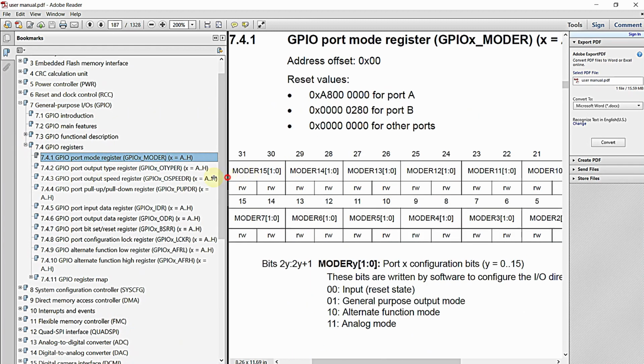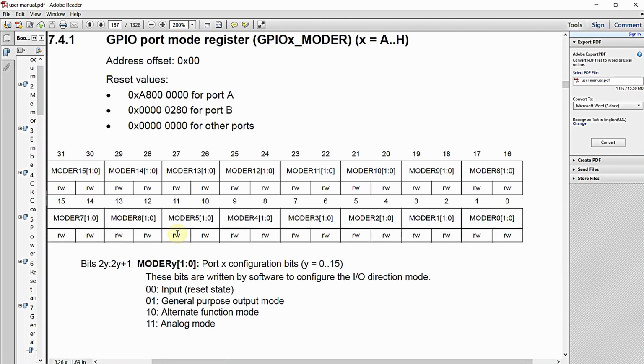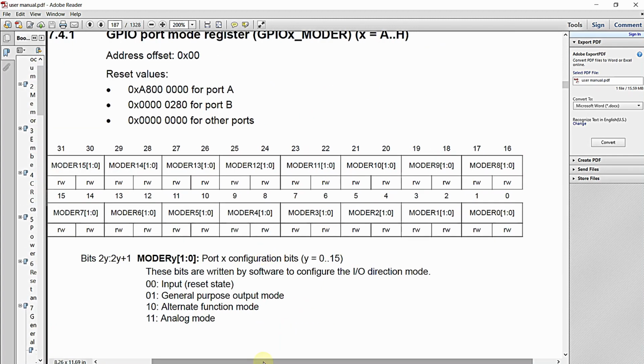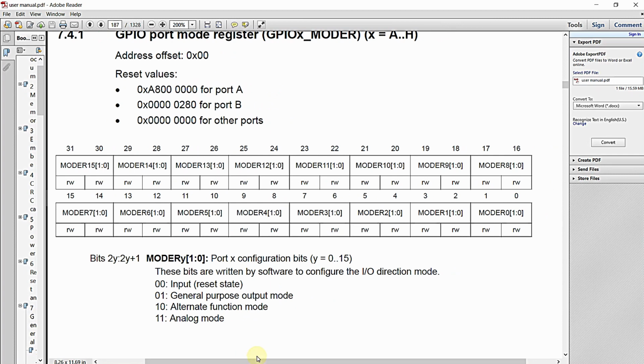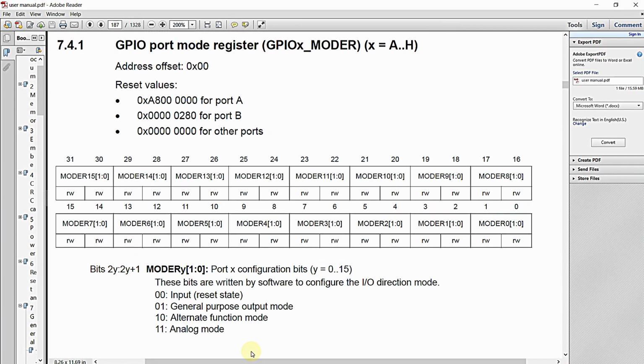So this MODER is the register which is useful for configuring the particular pin as input or output in our microcontroller, with the help of the respective pointer for the GPIO port, like GPIOA, GPIOB, GPIOC, etc. So this is also a 32-bit register. It is having bits from bit number 0 to bit number 31, and in this register you can clearly see